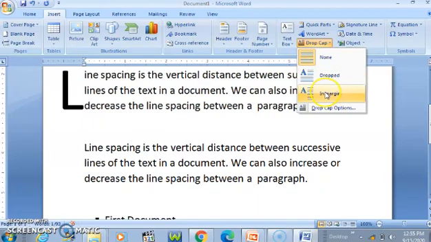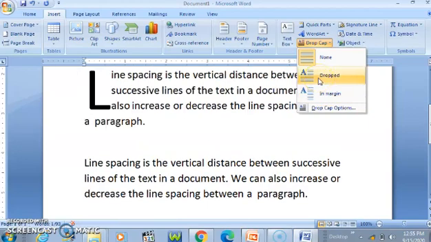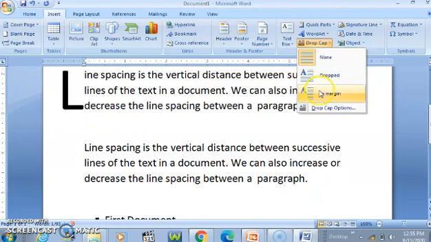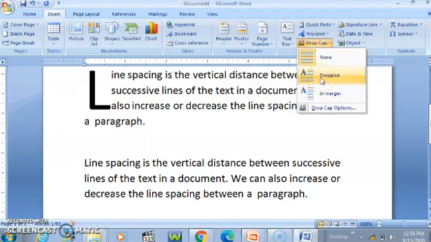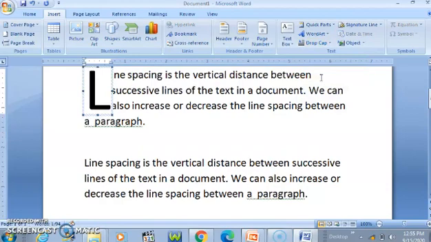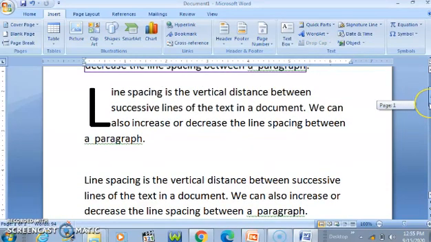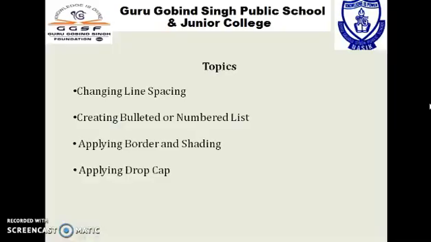Now you can see here there are different options given that how the position of the drop cap is needed, and accordingly you can create a drop cap. Suppose I want this, and this is how we have created the drop cap. This is similar to the text comes in the newspaper sometimes, and you can also do the settings in your document in the same way.